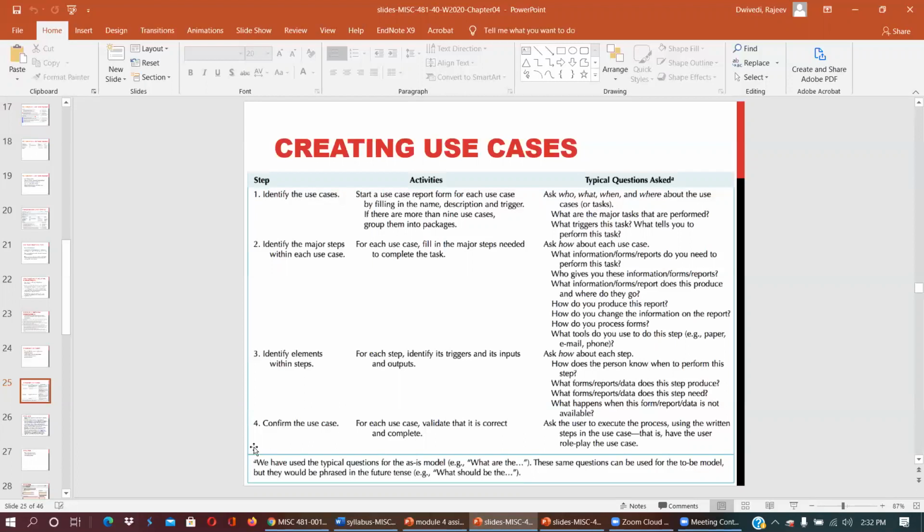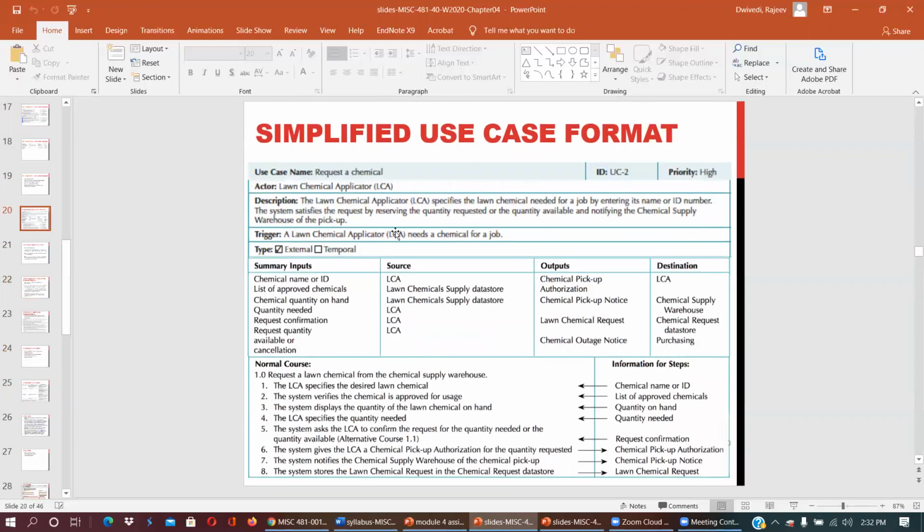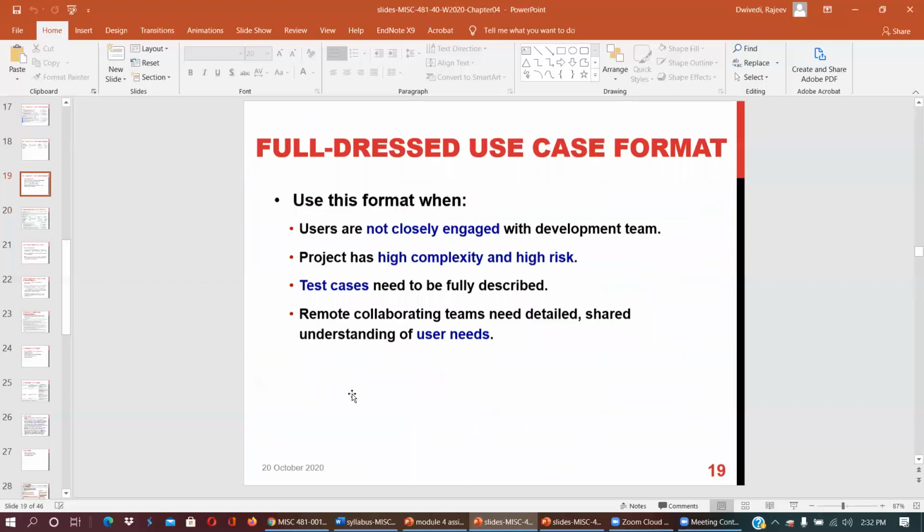So what is required in a use case? Basic information: name, ID, priority, description, trigger, type. Then you have summary, input, sources, output, description, and normal course. What are the steps?